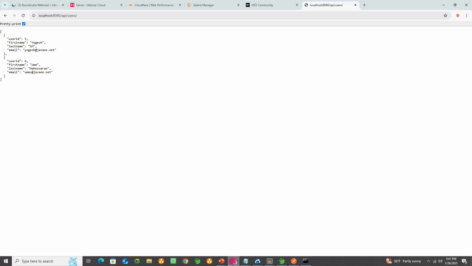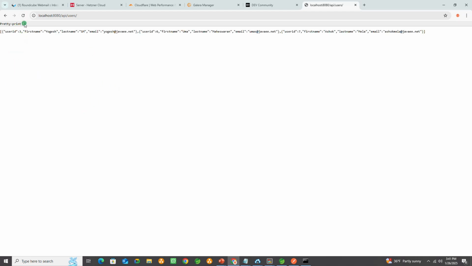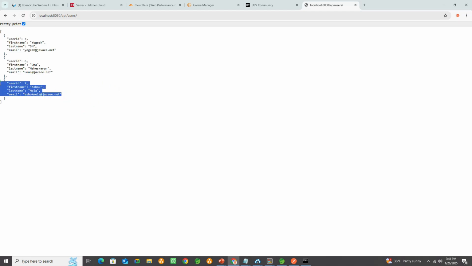Now we have the Ashok Mela record has been created. Now let's go and check it. Now we see this record is being pulled. So now that we have tested the Java application, which is sending the user details data to the database through the POST method, and then it also retrieves the data from